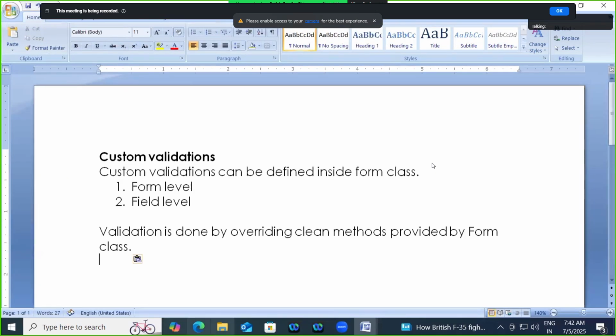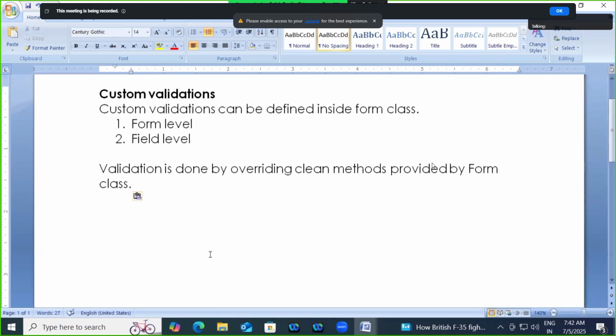So in custom validations, I said you have two types of validations. One is a form level validation and one more is field level. Now validation is done by overriding clean methods provided by the form class. First we'll see field level validations. Whenever you want to do any validation at field level,